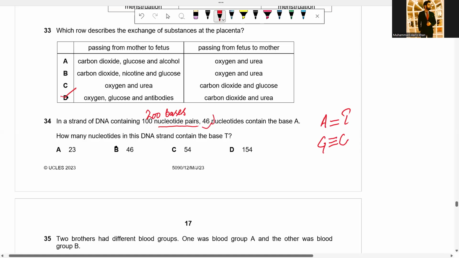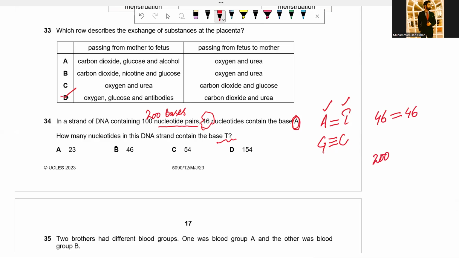So now we have 46 nucleotide bases of adenine, and they are asking about the thymine. So adenine and thymine will always be equal. So 46 adenines and 46 thymines. Now there are 200 total bases, and 92 of them are adenine and thymine. So the left will be